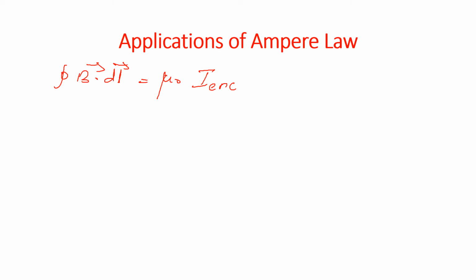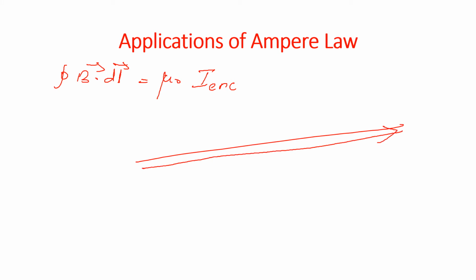As an application of this Ampere circuital law, we can use it for finding the expression for magnetic field produced due to a straight conductor. So you just imagine a straight conductor like this. It is not a parallel conductor. It is only one conductor. I just drew it with some thickness. So we have to find the magnetic field at some distance s from here.